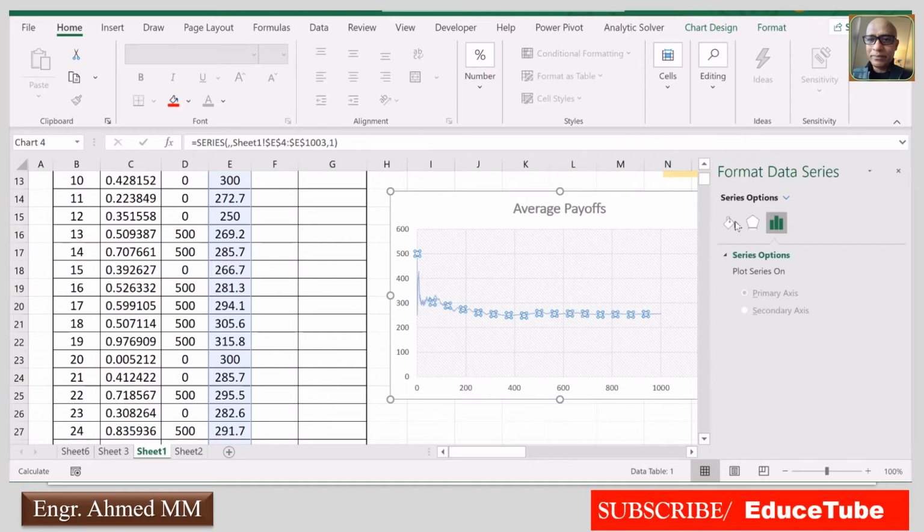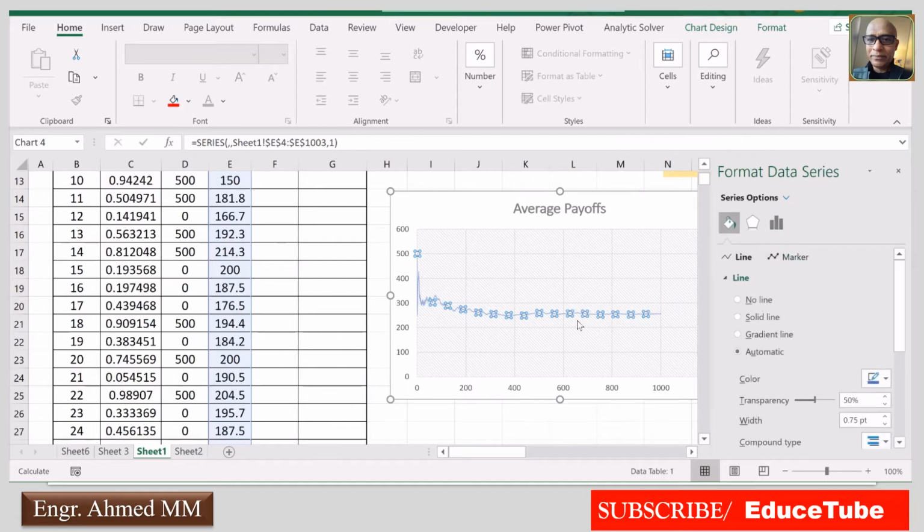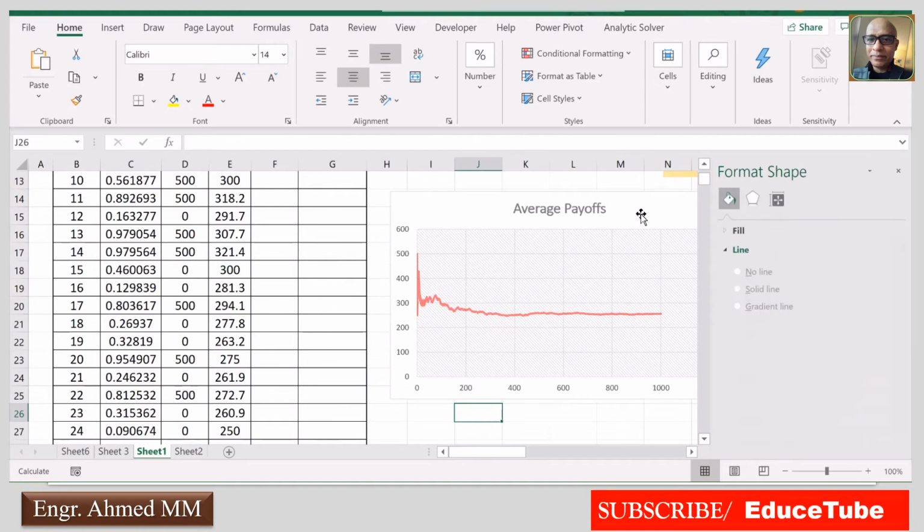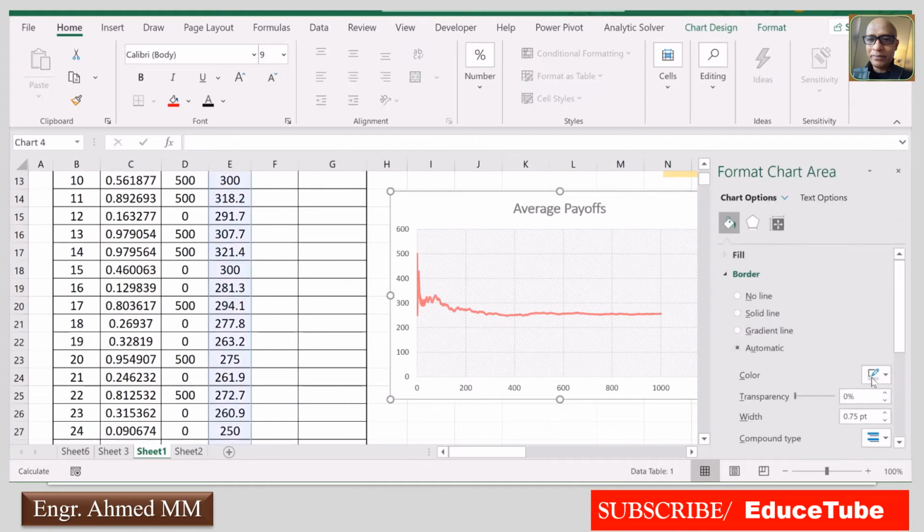Suppose here I want to make some changes. Suppose this one, this line, I want to make red and slightly thicker, to be looking good. So it is done. As well, I can make something here also.